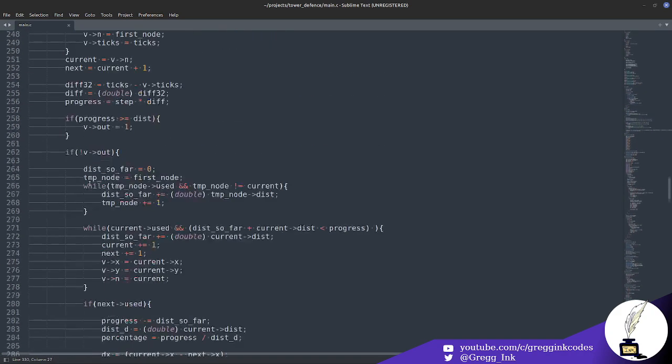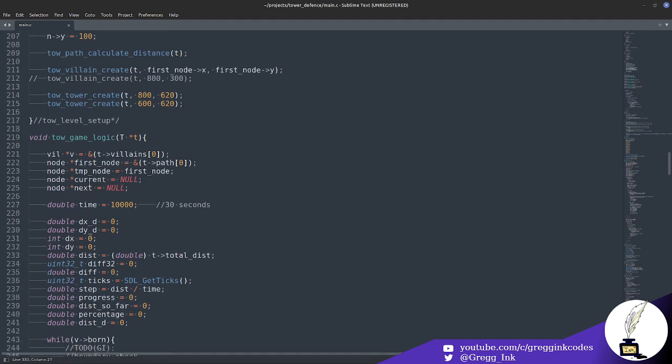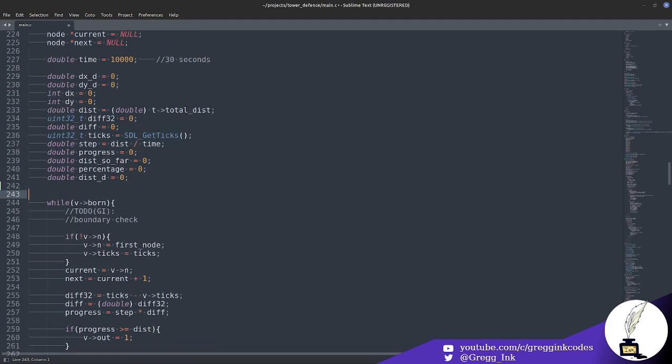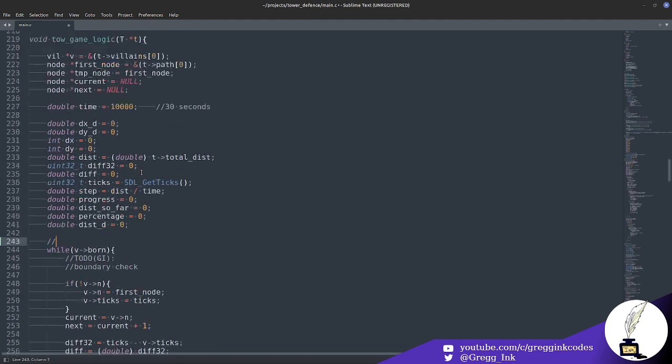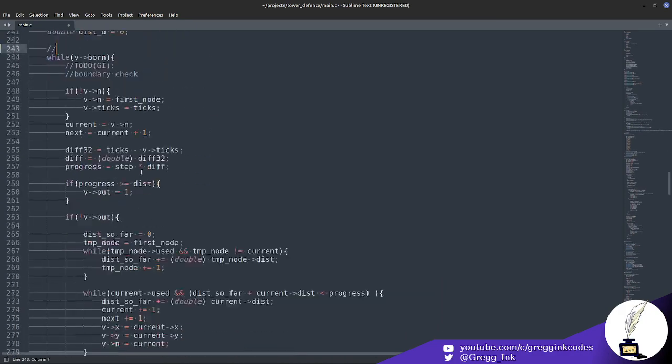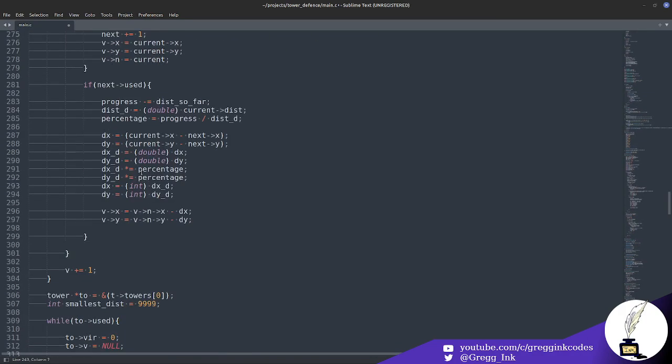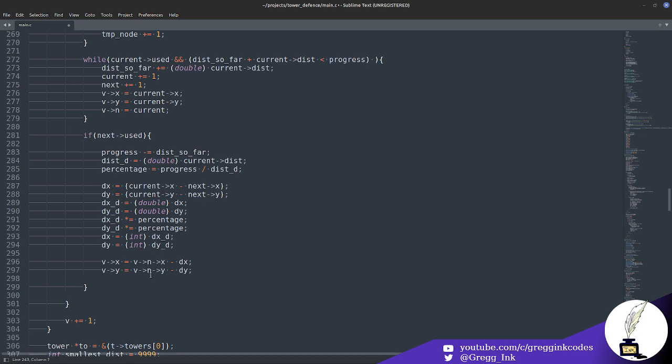I'm going to do it like this. Now, what we have here in this logic, I'm going to spread that out or organize it in multiple functions later, but here what we have